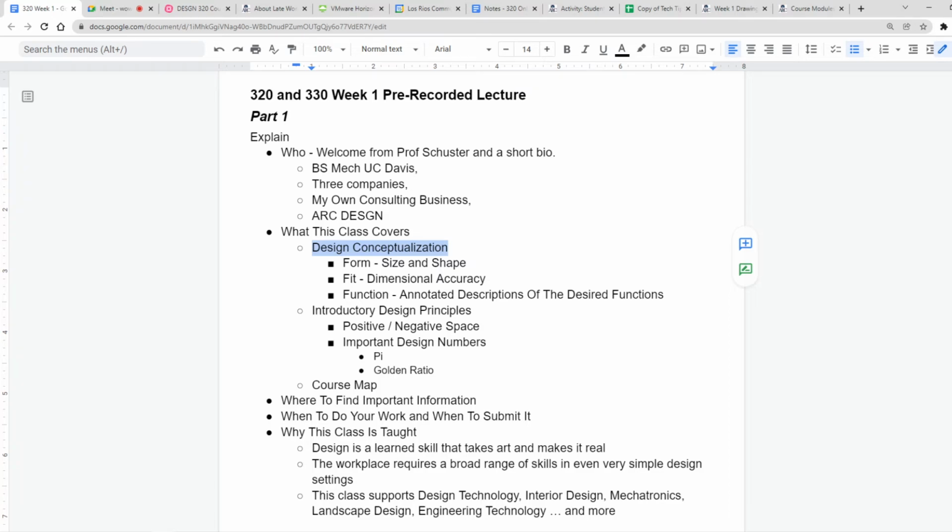So we want to learn how to do that, and we want to learn the skills that take art, cool pictures and images and thoughts and visualizations, and somehow make it real. We have to tell somebody how to build it, unless it's so simple that they can just look at a sketch and build it.